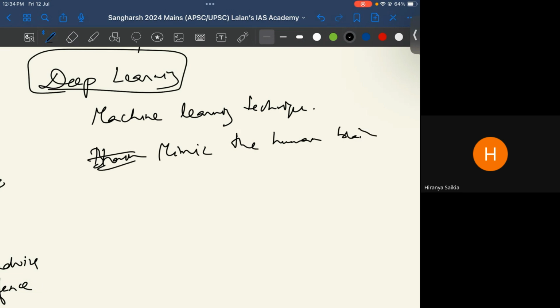In our brain we have multiple neural networks, multiple nerve cells, connections, synapses, so that creates multiple numbers of parameters, multiple layers, multiple considerations, and then we take a decision. Right? Suppose I am thinking about what to eat, then I think okay, these options are there, this needs to be cooked, this is readymade, I will eat this. It is a complex learning activity that goes on in our brain. We take it for granted, but there is a deep learning process that goes on because a lot of neural actions are involved.